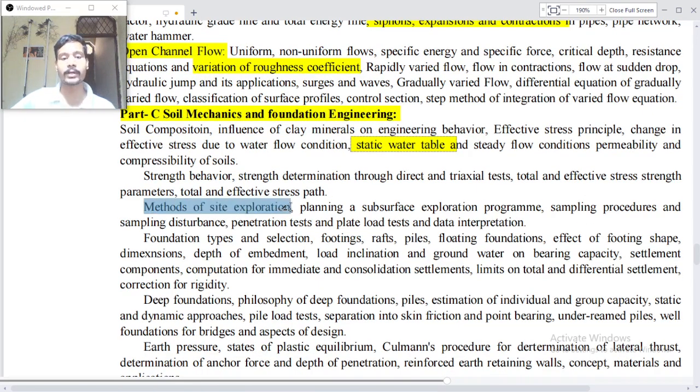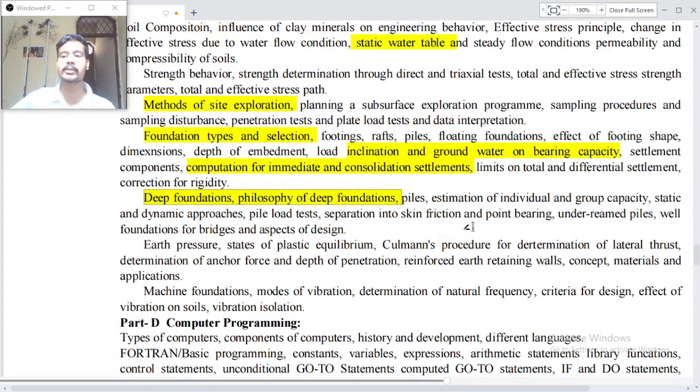Methods of site exploration, planning of subsurface exploration programs, sampling procedures and sampling disturbance, penetration test and the plate load test and data interpretation. Foundation types and selection, footings, raft and piles, floating foundations, effect of floating, size, dimensions, depth and embedment, load inclination and groundwater on bearing capacity, settlement components, computation for immediate and consolidation settlements, limits on total and differential settlement, corrections for rigidity, deep foundations, philosophy of deep foundation piles, estimation of individual and group capacity,